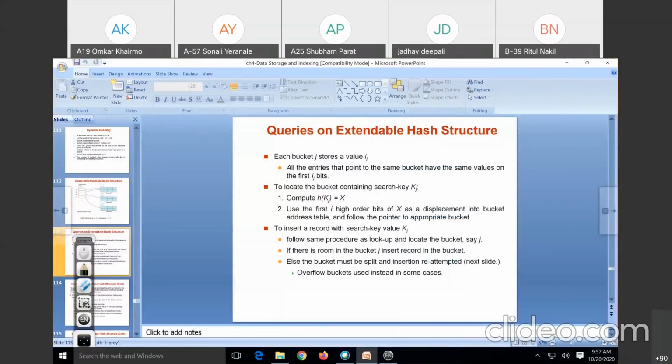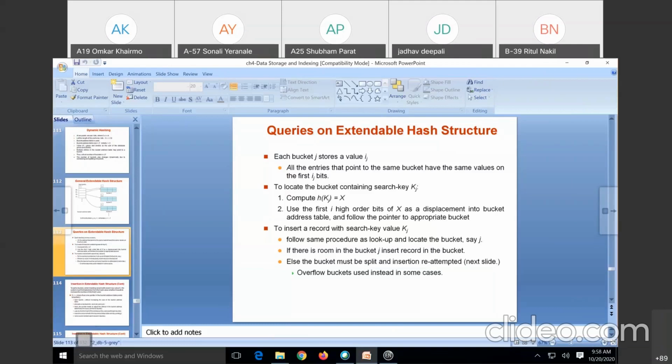How to locate the bucket containing search key value kj? Suppose we want to locate a record. We are not considering insertion and deletion. If we want to locate a record with the search key value kj, what we need to do here? We need to compute h of kj, the hash function, whatever is given. Use the first i higher order bits of x as displacement into the bucket address table and follow the pointer